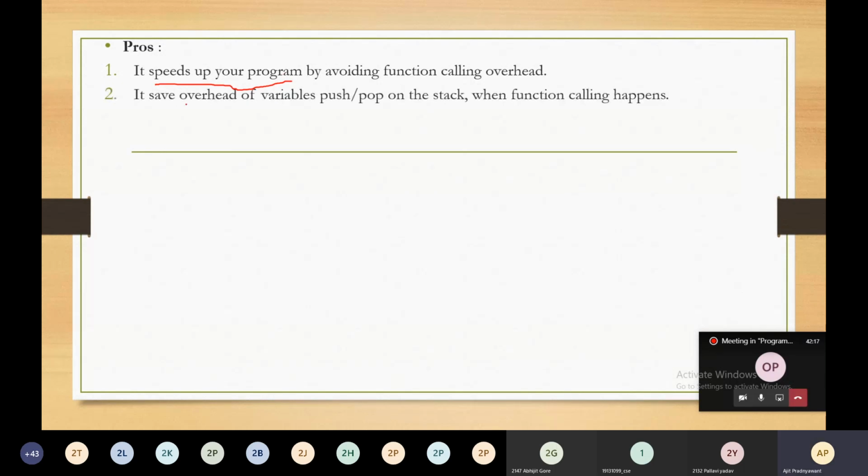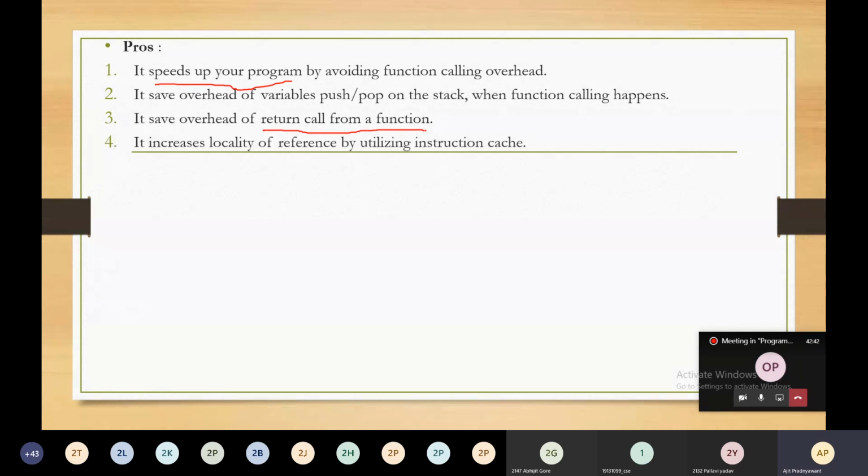It saves overhead of the variable push and pop on the stack when the function calling happens. It saves overhead of return call from the function. Okay, there will not be any return. That function itself is added into your call function.